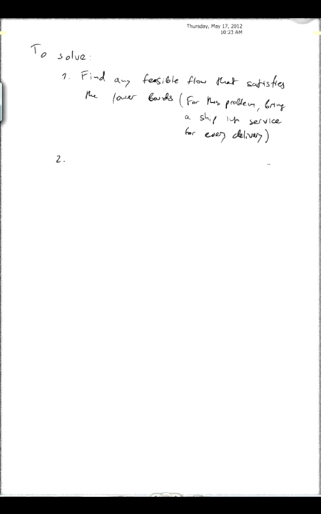The problem is that the feasible flow we found could be using too many ships. So our idea of using 4 ships, 1 for each shipment, potentially uses too many ships. And so we want to figure out the minimum number of ships to do all of these shipments. So to do this, what we're going to do is the following. In the residual graph for the feasible flow that we found,